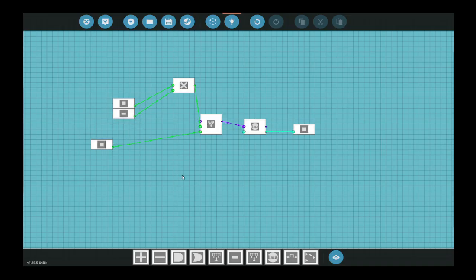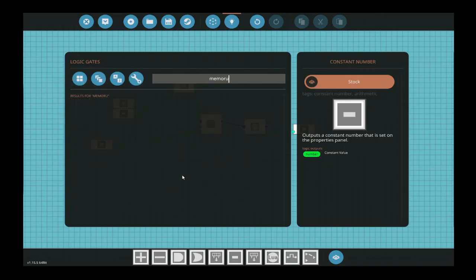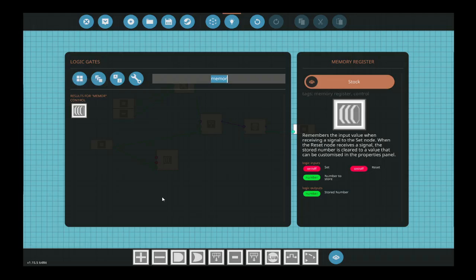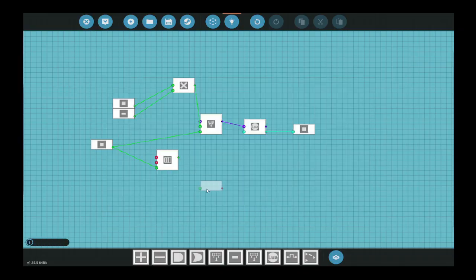So this here, if we need to save it, either a threshold or